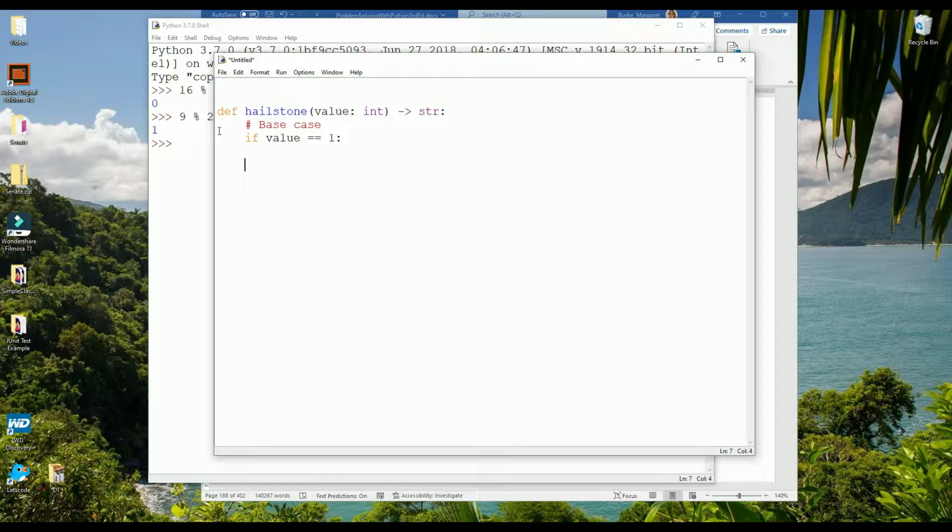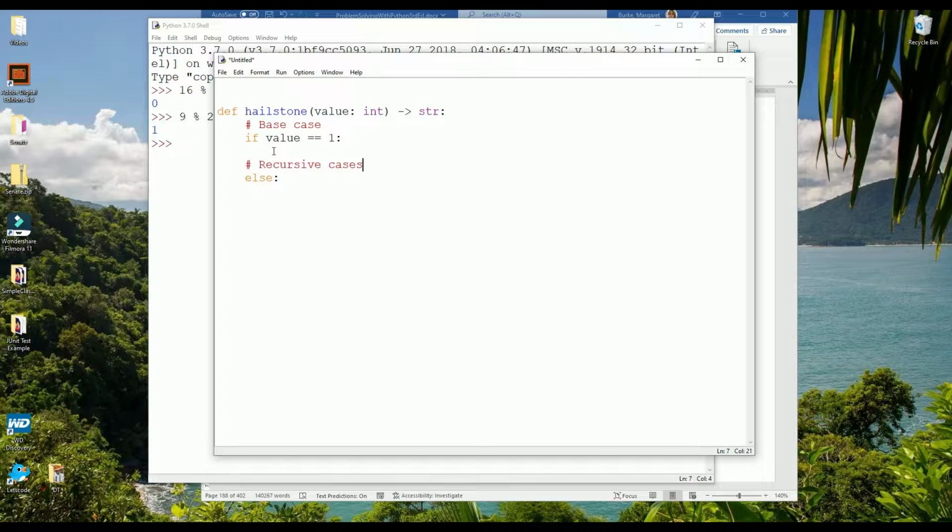And then the else is going to be our recursive case. We have not reached 1. So in the recursive case, we reduce the problem and call the function again. So we'll write an else for the recursive case, and let's comment that recursive cases,